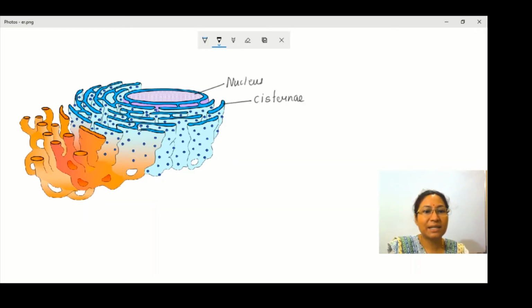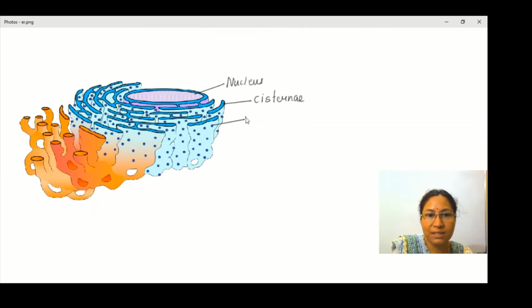Now, these cisternae are connected to each other. We can see there are many layers of cisternae, and they are all connected to each other. Also, we can see certain blue-colored dots present on this membrane. These blue-colored dots are called ribosomes. So this is the ribosome that is present on the